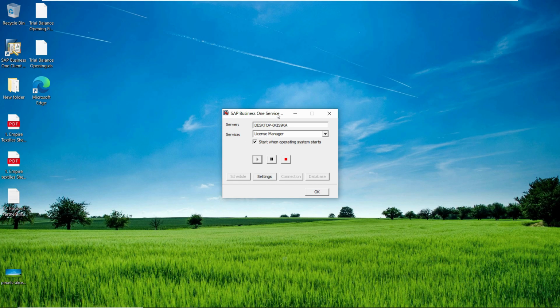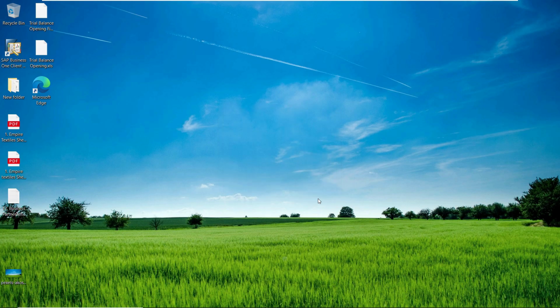Now, what is the purpose of SAP Business One Service Manager? Basically, it connects the SAP software with SQL. SQL is responsible for maintaining the database you are using in SAP Business One. So if this bridge is broken in some way, you will not be able to use SAP or access companies in SAP. Play it, wait for like 5 to 10 seconds, and then double click on SAP Business One